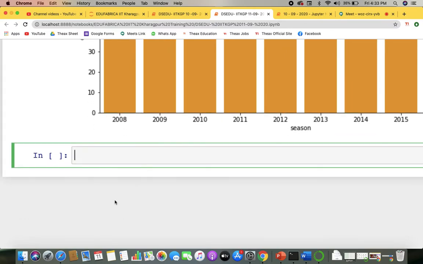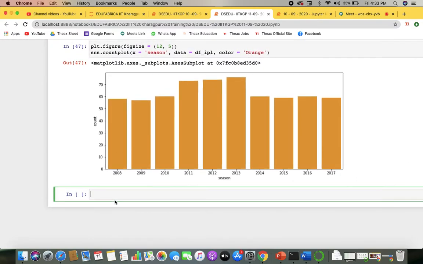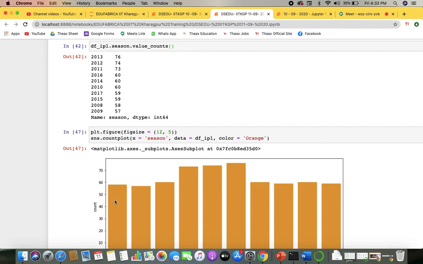Okay, yeah. So we have seen how many seasons of data we have, and what the total number of matches played in one particular season is. Okay. Next, we are going to look at